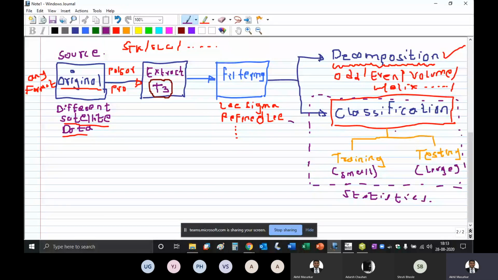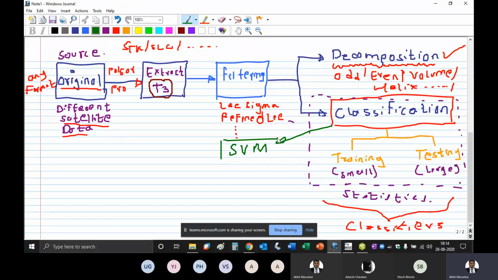And to do this, to train and to test, we use something called classifiers. So what we are going to use for classification in our discussion is a classifier called SVM.